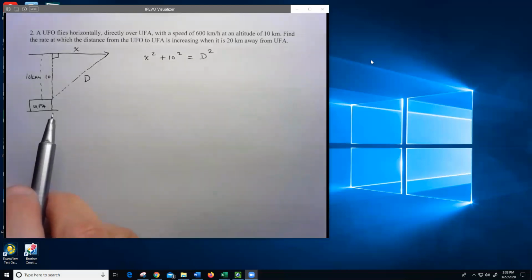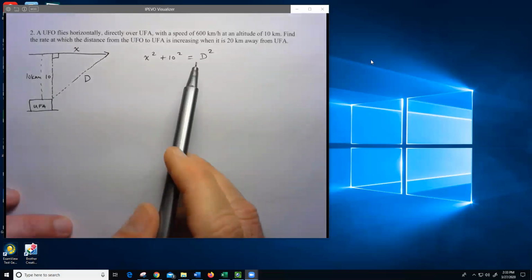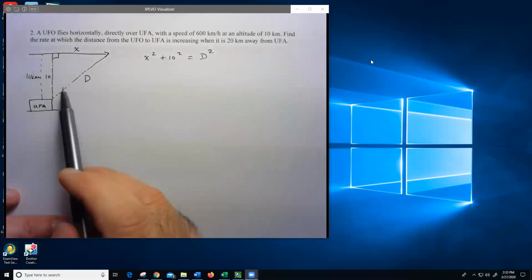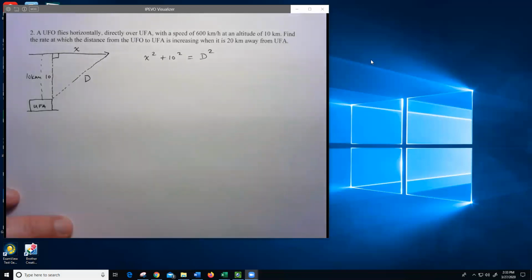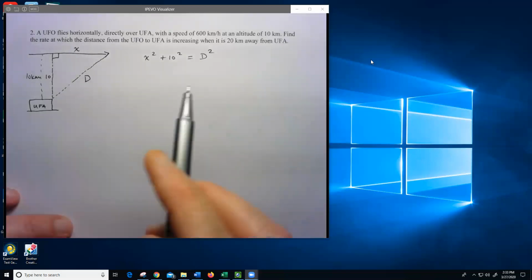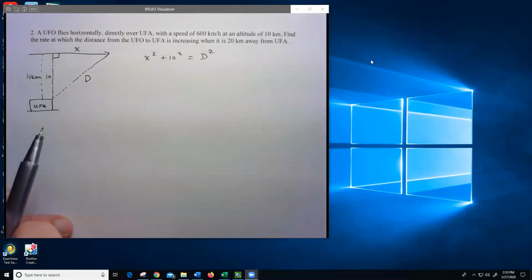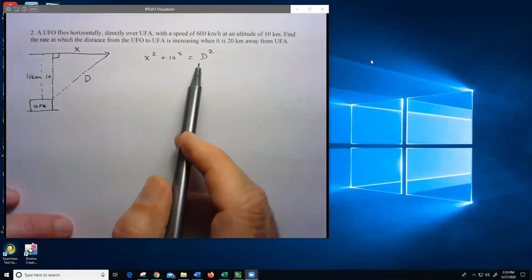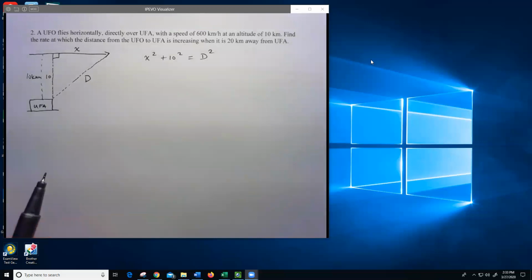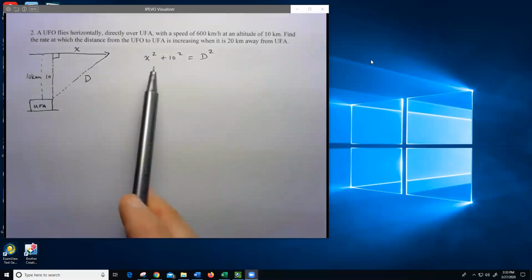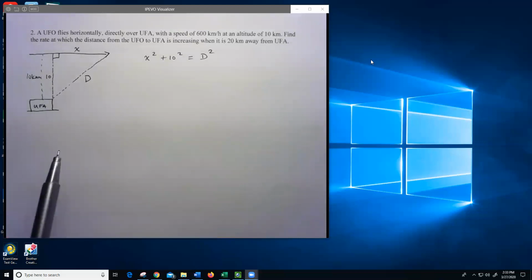Okay, now I'm interested in dD/dt because I want to know this rate of change. So I could certainly solve for d and rewrite this as d equals the square root of x squared plus 100. Who's going to tell me why I'm not going to do that and what my alternative is? There you go. So somebody is suggesting to just deal with this as an implicit relationship and use implicit